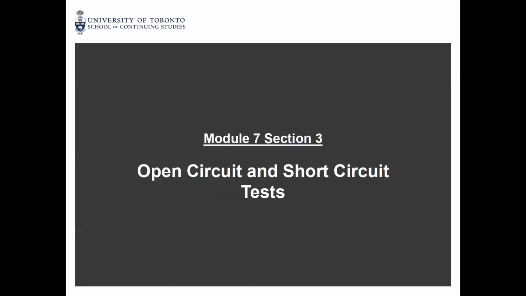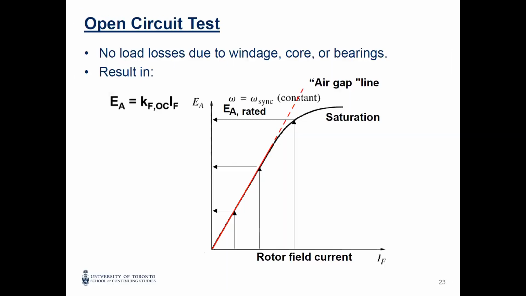Okay. Let's take the open circuit test and the short circuit test to get the parameters of the synchronous generator. Mainly, it's a single parameter. It's XS. You can include RA, but it's mainly the synchronous reactance. So for the open circuit test, what we have is,